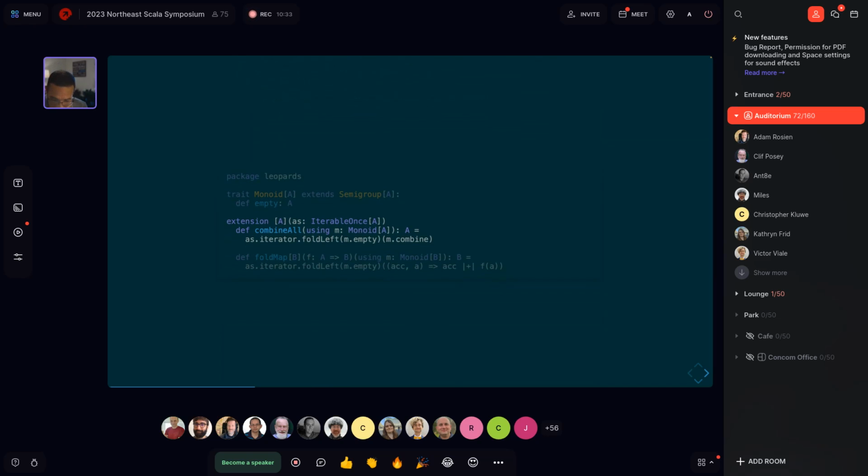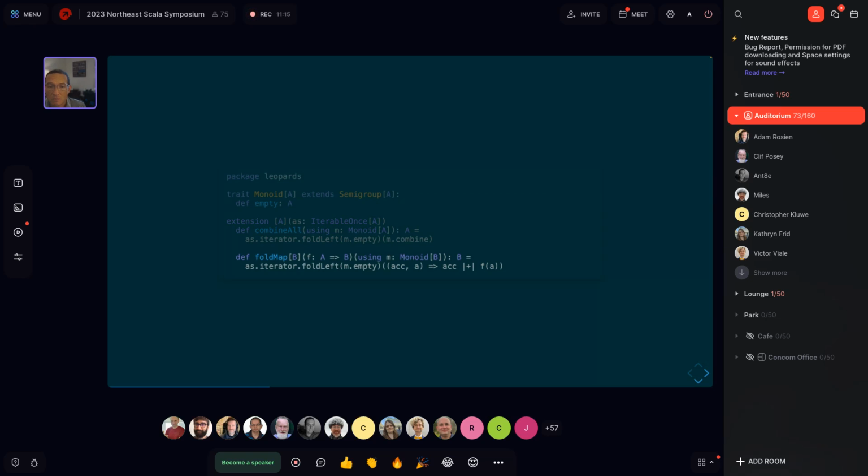Okay. We can also define extension methods using these type class instances then. So if you know cats, you probably are familiar with the combine all operation, right? On any collection, and we'll talk about that in a little bit, we can define this combine all operation, which just folds all of the elements of the collection, starting with an empty value for the monoid, and then they're just combining pairwise. The interesting thing about this combine all here is we can define it as a top-level extension method in our functional library we're developing, right? And here we define it for any iterable once.